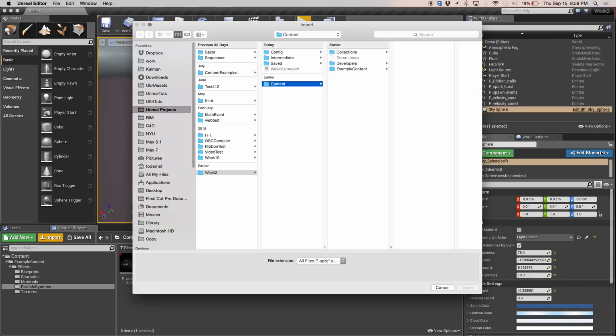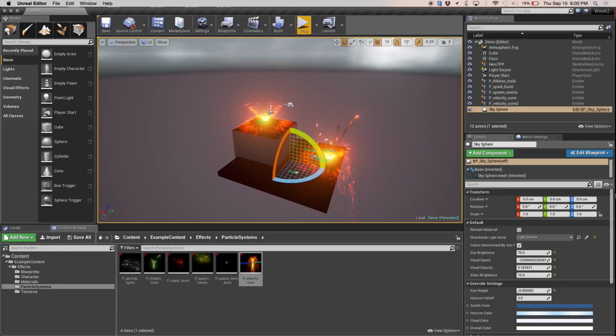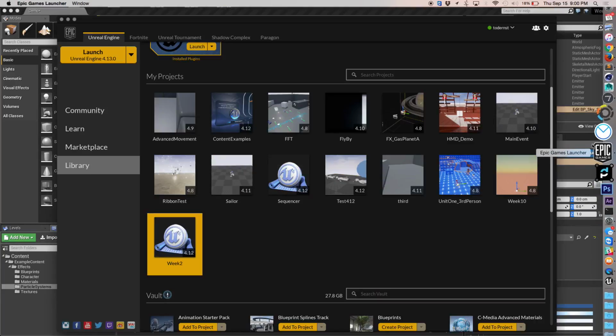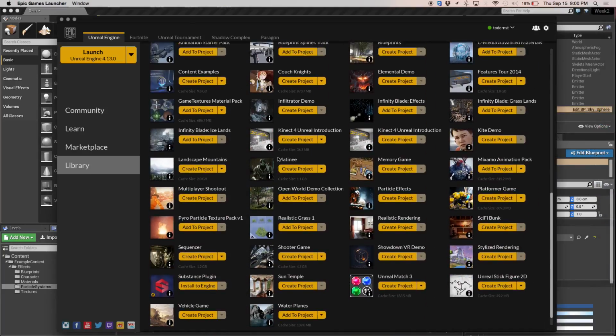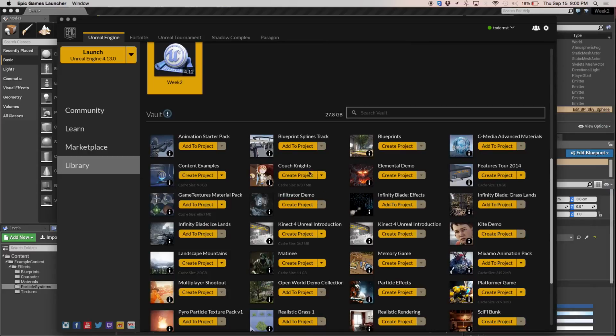Just to confirm, you got the examples from Learn, content examples? Yeah, Learn content examples, and you say which engine you want it to be for. You say 4.12 or whichever one you're downloading, and then you have to go to your library and find it and say build it, make it a thing. It won't automatically end up in your library. If I go back to my launcher, it actually will end up down here in this vault of things.